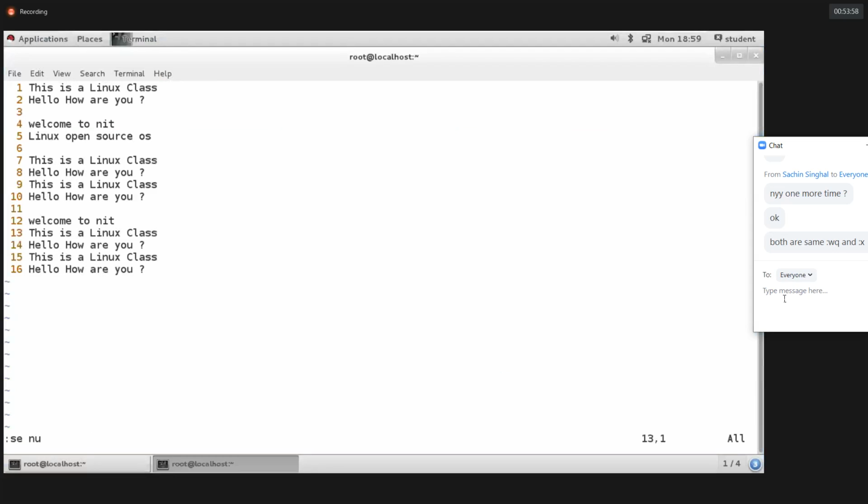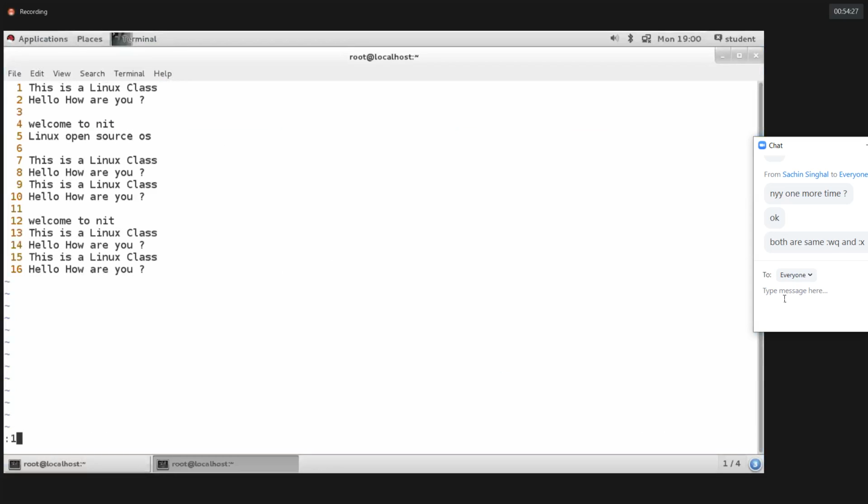If I need to place the cursor on the 8th line, :8, then hit enter. The cursor is placed on the 8th line. :4, the cursor is placed on the 4th line. :12, otherwise :14, so the cursor is placed on the 14th line.